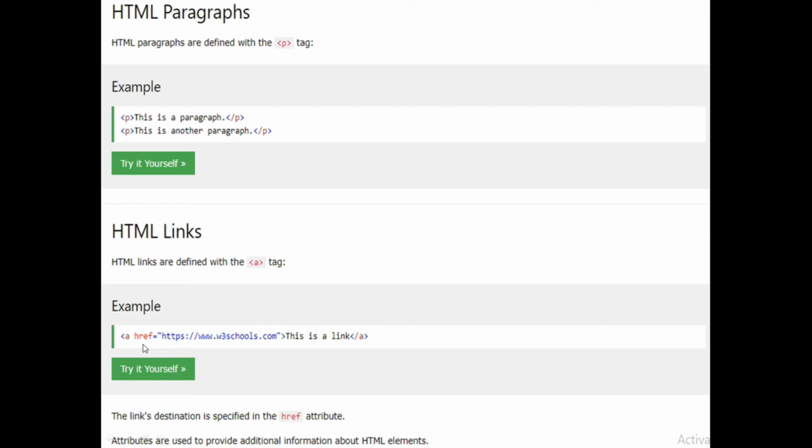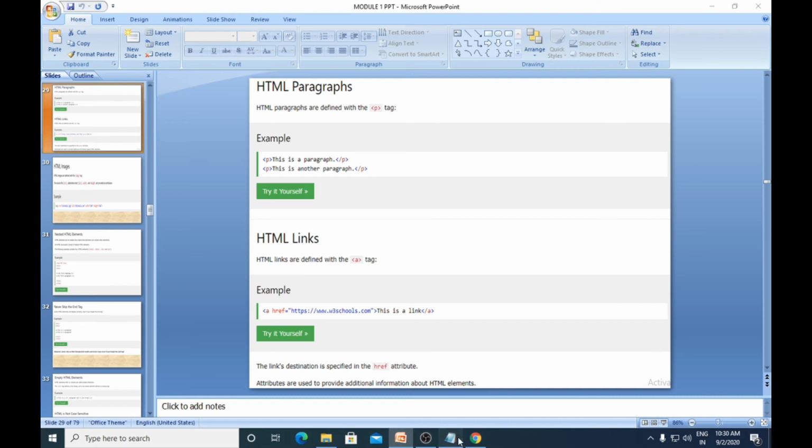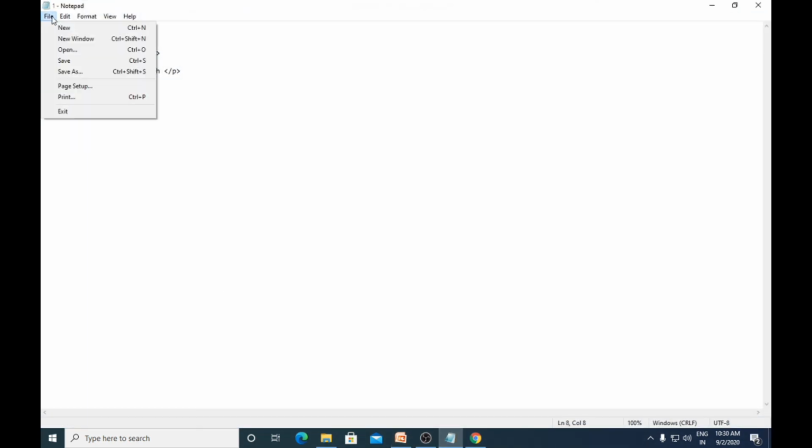Let us see how to write an HTML document making use of the href attribute, and we will run and execute it. Go to Notepad, take a new document. Again, come back to the initial elements: doctype HTML, then make use of the HTML element, then the body element.